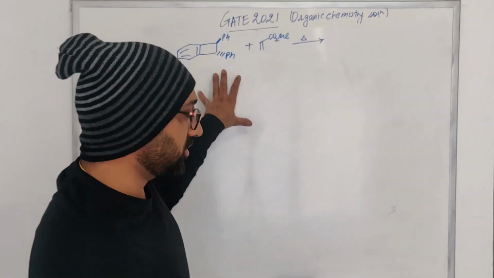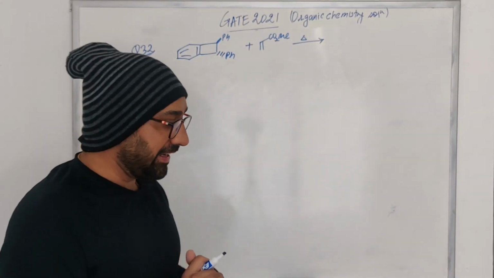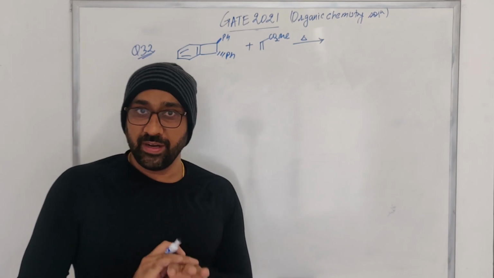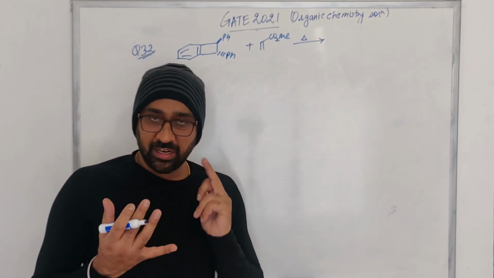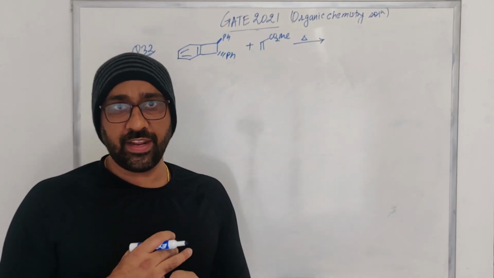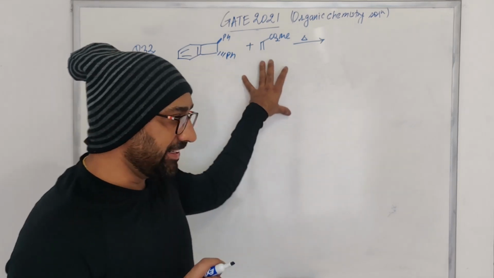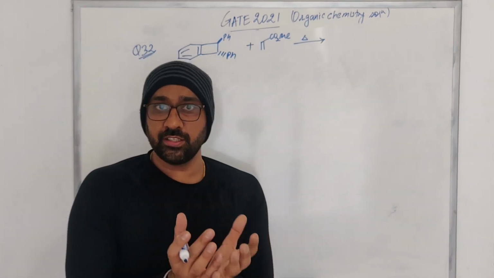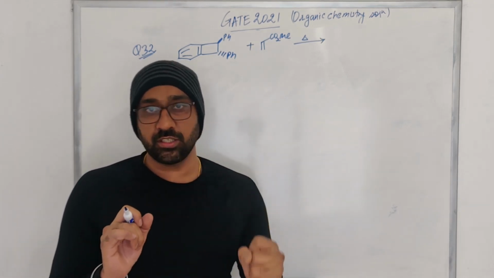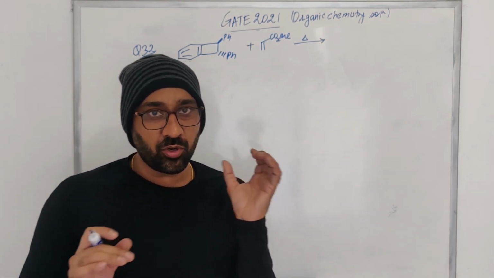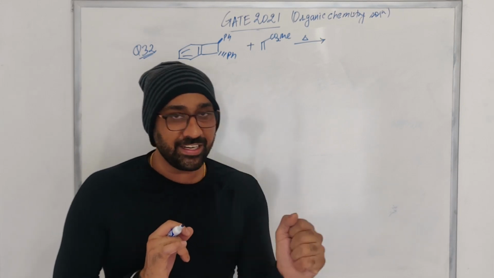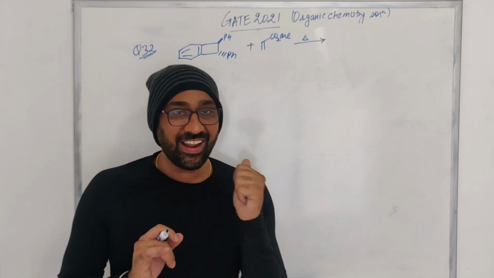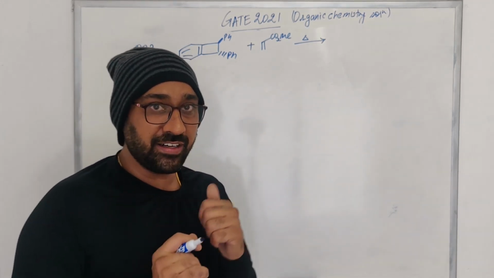Next question was based on pericyclic chemistry, and about this also I have already made a video. I have made two videos on Diels-Alder reaction. There I have already discussed such problems. There I have explained the mode of addition in Diels-Alder, how it takes place, why we get certain stereochemistry. I have explained it on the basis of molecular models, so you can clearly visualize why addition is taking place in the manner, the way it is.